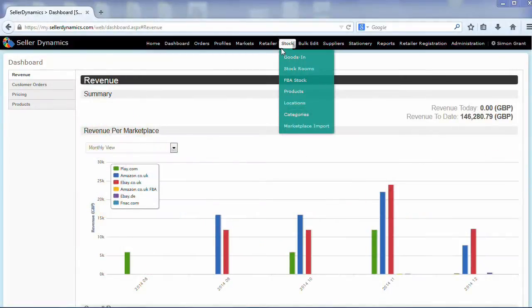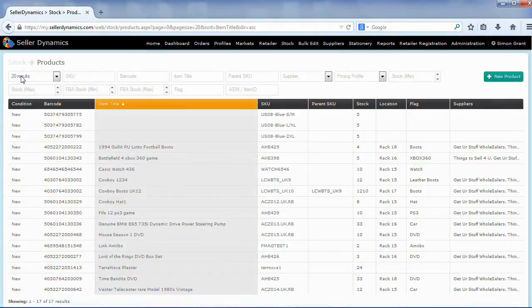Moving on to the Stock tab. This is probably the key area for managing products and inventory, as well as goods in, FBA stock, locations and categories. The Product sub-tab is the most important area of your system. This is where the base product information is stored and all the marketplace listings can be viewed. In essence, this is the heart of your stock control, and it's a vital component of any business selling over